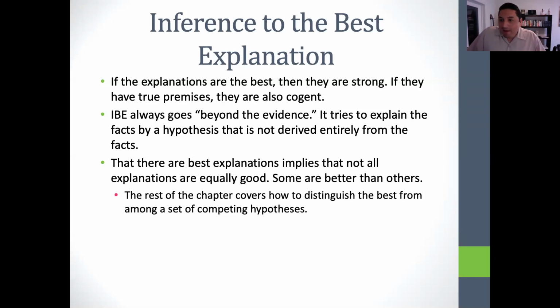But given that we have some phenomenon we're trying to understand better, maybe we're trying to find the perpetrator of a crime, maybe we're trying to explain observations in our everyday lives, maybe we're doing science and trying to discover the best explanation for a phenomenon, like why the sky is blue, whatever be the case,